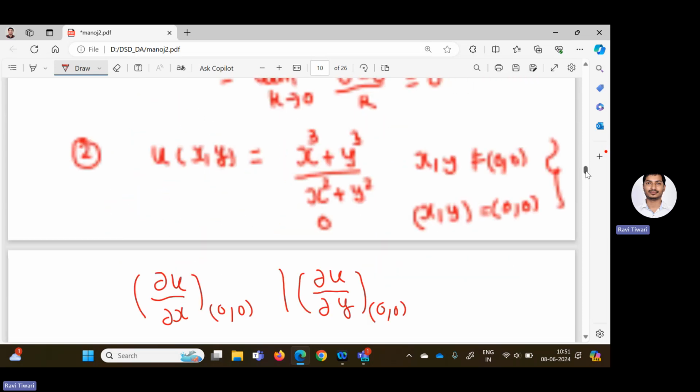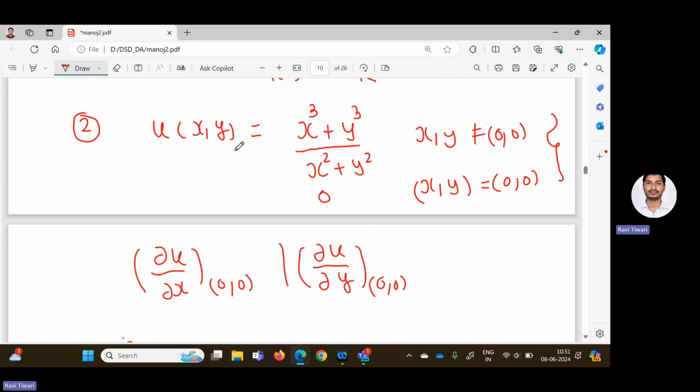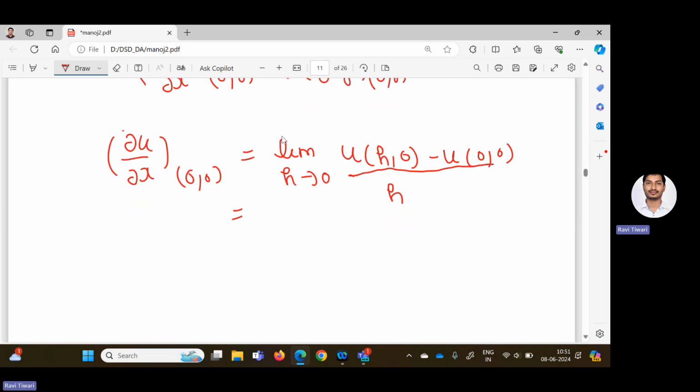Simply we can calculate. So here u of x y is given as x cube plus y cube by x square plus y square. If I ask what is the value of u of h comma 0, h comma 0 means x component h and y component 0, so you will get h cube by h square, which is equal to h. So this limit, h tending to 0, u of h comma 0 is h minus u of 0 0, as it is given 0, and divided by h. So this is equal to what? 1. And similarly dou u by dou y, changing along y direction,